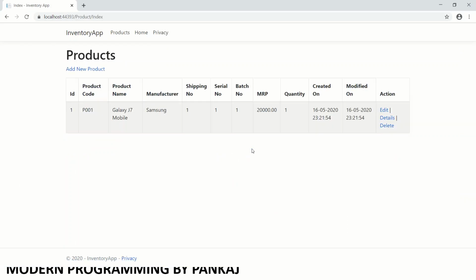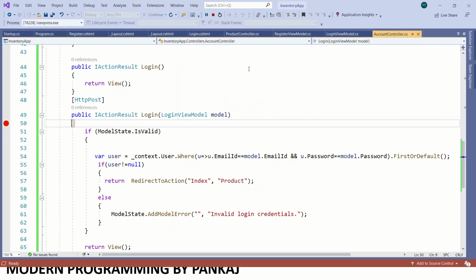See, we are here in product page now. But now if you want to log out from here, we don't have any functionality to log out. So let me do that also.